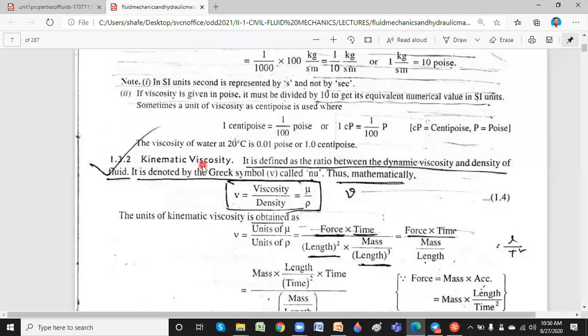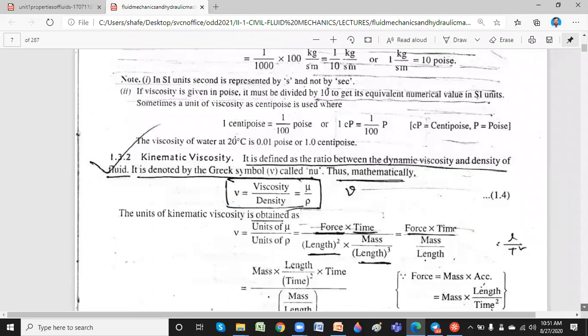Now it's kinematic viscosity. There is no difference here, because if you see this ratio or a box parameter, that is what is the kinematic viscosity, you just take the density as the denominator. So mu by rho is nu. It's one more Greek symbol, nu. It is shown here. So nu is viscosity by density. Suppose I take the density of liquids, and the dynamic viscosity, that ratio is called kinematic viscosity.